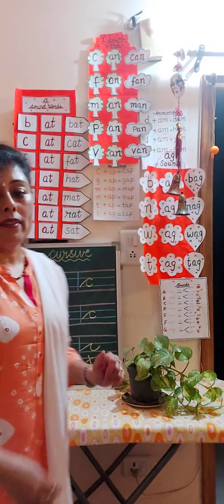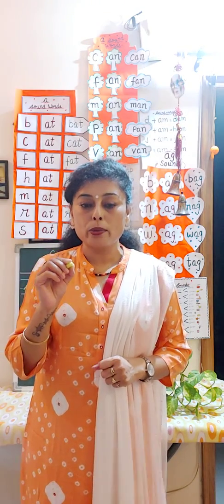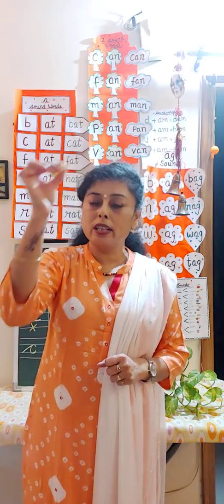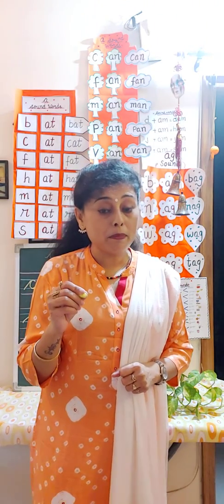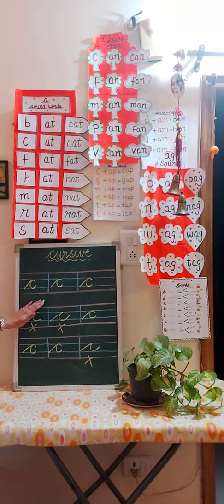Okay. Now one thing I have noticed, many of the students hold the pencil very tightly. Means they press so much that the whole impression comes on the back side. You don't have to press the pencil. Students, don't press, don't hold it so tightly. Hold it very firmly, very lightly, and just make your writing flexible. It should be in one stroke. Don't press it on the paper. Then you won't be able to write in one stroke. Is it clear? So this is the correct formation of C.